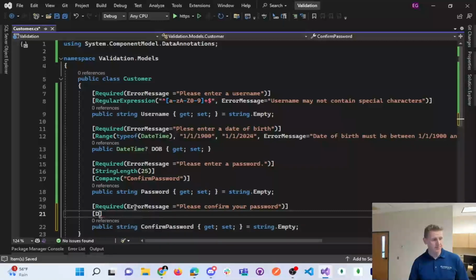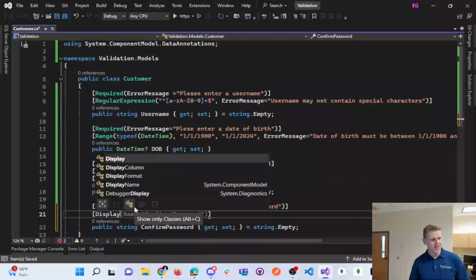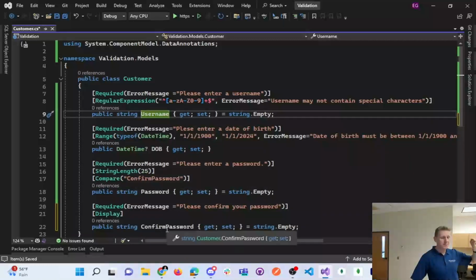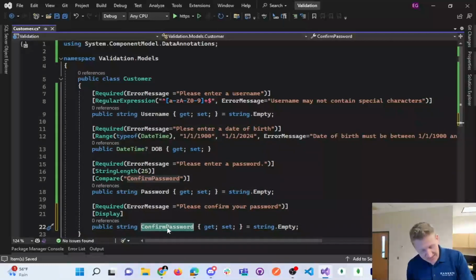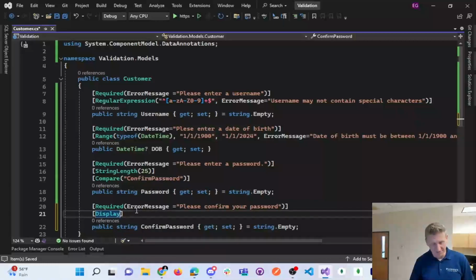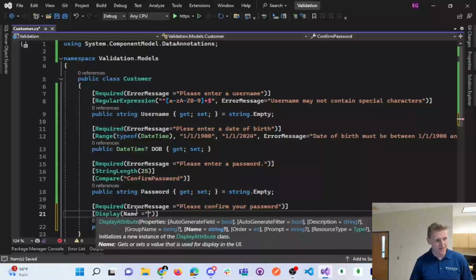Here's another new one. The display column. So this display will change the text that the user sees in the view. So it's a little bit more user-friendly to change the display. Obviously, you don't want the word confirm password being one word. You want it being two words. And so you can change the display to kind of get a different